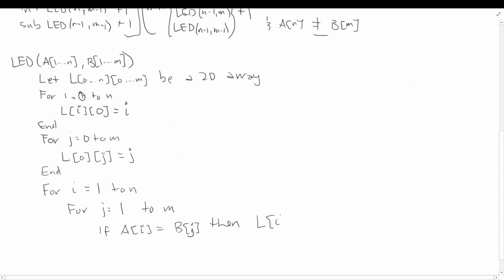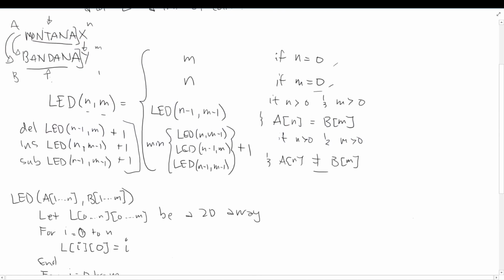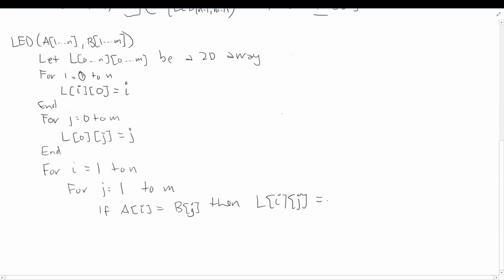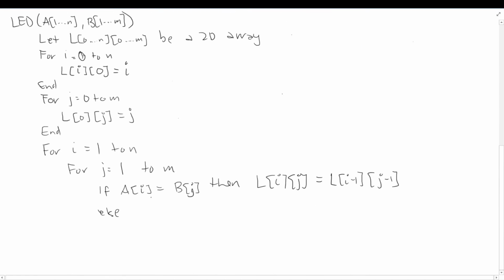L sub i j is what? Well, looks like we lost it a little bit here. If they're equal to each other, we just look at the diagonal case and copy it, no adding. Okay, so we just go L i j is equal to L i minus 1, j minus 1. Okay, else, all right, else was this big nasty block here, all three cases. So looks like else